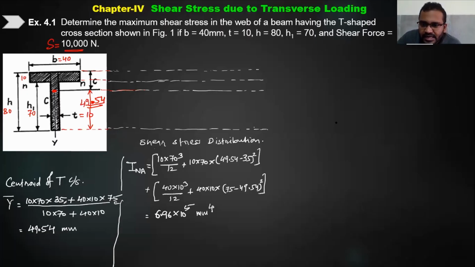Once I know this as my inertia, 6.96 into 10 raised to 5 about neutral axis, what I need to do is, अभी मुझे shear stress का वैल्यू फाइंड करना है अलग अलग लेयर पे। तो सबसे पहले मुझे पता है कि मिनिमम कहाँ पे आने वाला है, टॉप लेयर पे, बॉटम लेयर पे मिनिमम 0, एंड मैक्सिमम कहाँ पे आने वाला है, तो न्यूट्रल लेयर पे, ठीक है। शेयर स्ट्रेस का वैल्यू टाउ का फॉर्मूला, वो फॉर्मूला में एस ए वाई बार अपॉन आई इंटू बी, वेयर बी इज द विड्थ ऑफ द लेयर।